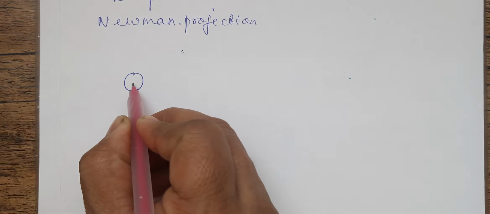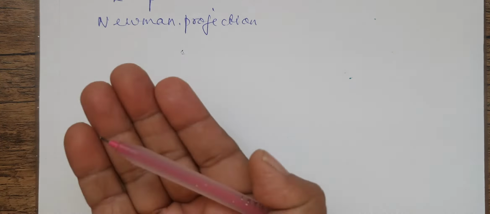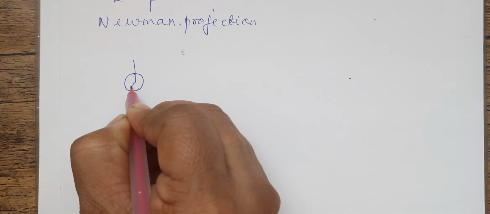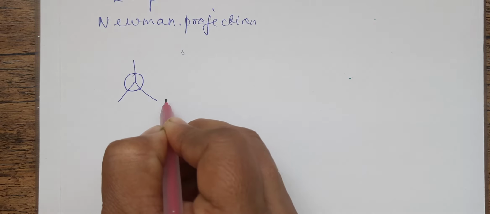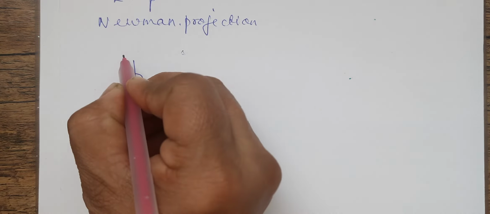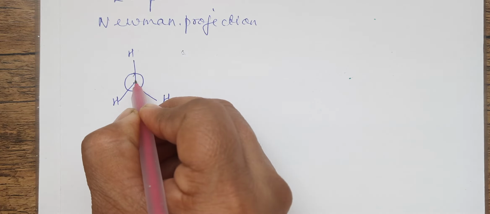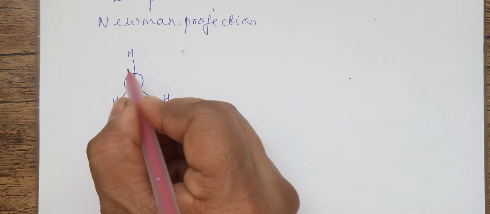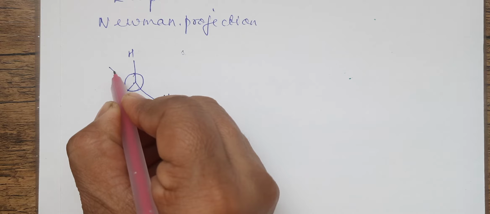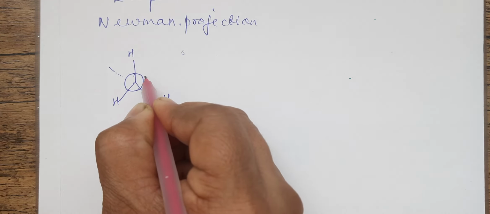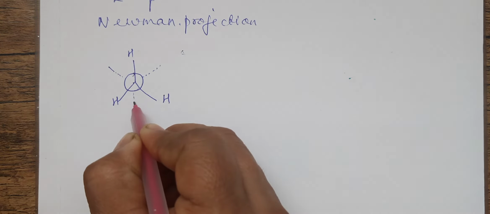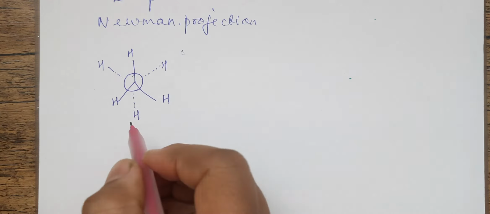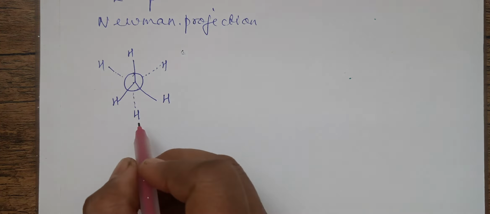Okay, so the carbon atom which is facing the viewer, the upside one, is shown with the circle, and the 3 hydrogen atoms on it are also shown. Okay, and the backside carbon atom is not represented. Only the hydrogens which are coming out from the carbon atoms are shown, and they are shown with a dotted line. The hydrogen atoms of the backside carbon atom are just shown with the dots.